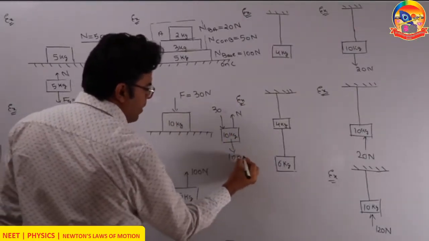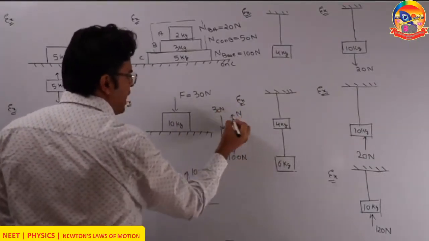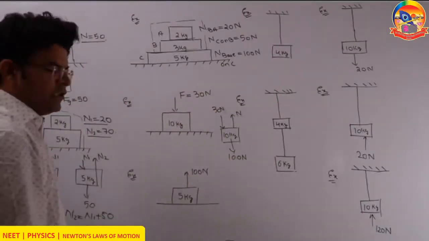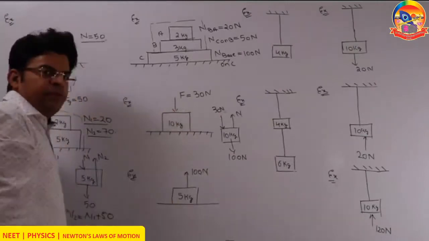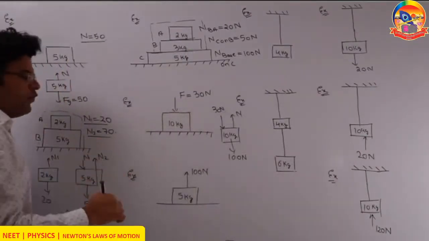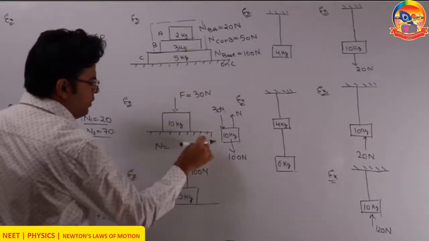be 100. If the net force has to be 0, then the force in upward direction has to be equal to force in downward direction. This 30 and force of gravity are downward. The force by the base N is upward. So if the net force has to be 0, then N has to be equal to 100 plus 30, that